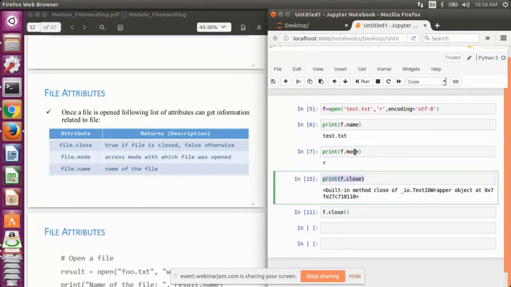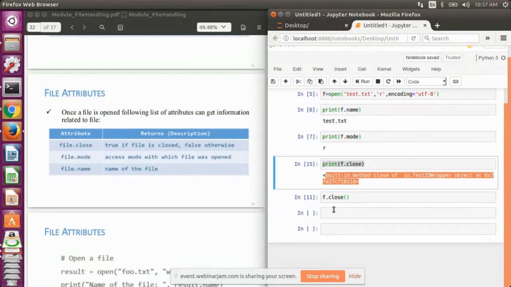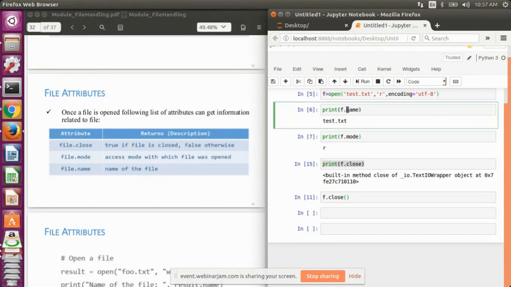Because of that, the output that we are achieving is in the object format, and this is an object that we received by running this command. So that's why it is not printing in the form of true and false. But if you run the same command in a .py file, then it will return true or false only. Fine.